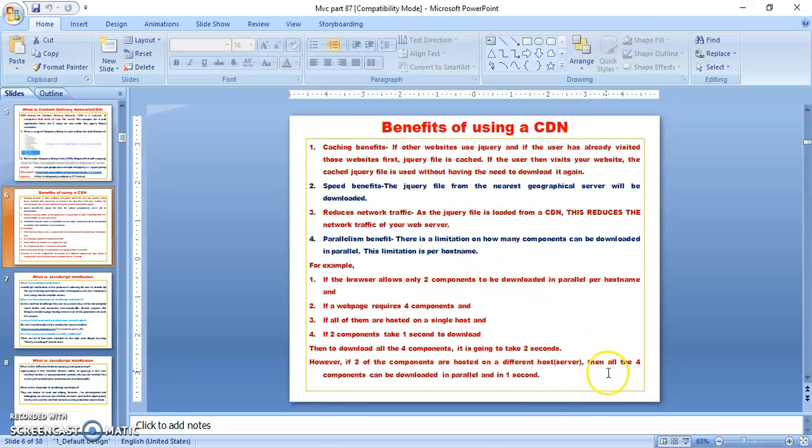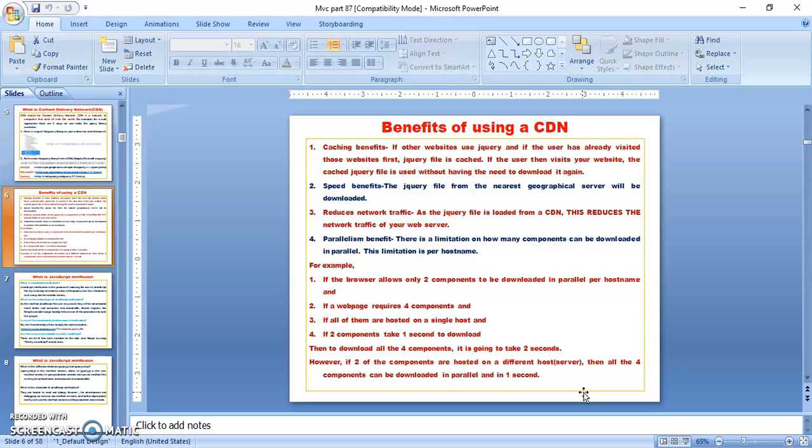Caching benefits. If other websites use jQuery and the user has already visited those websites, the first jQuery file is cached. If the user then visits your website, the cached jQuery file is used without needing to download it again. Suppose you are using the CNN website, the server is in America and you are using it from India.